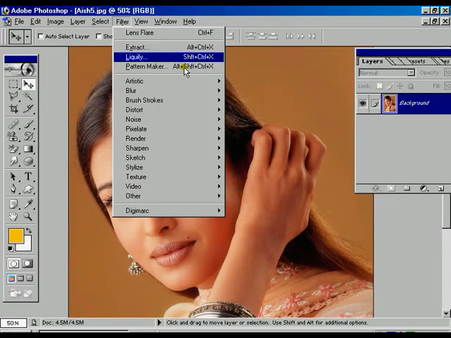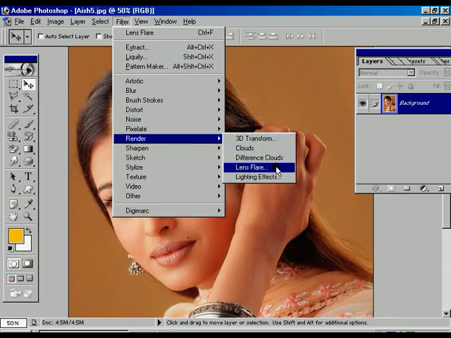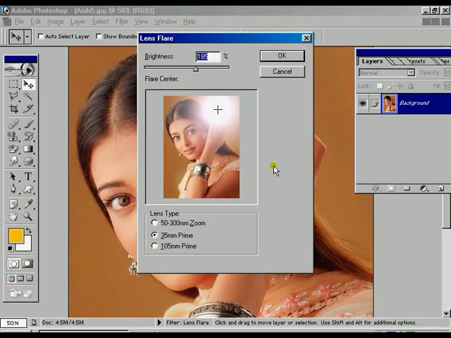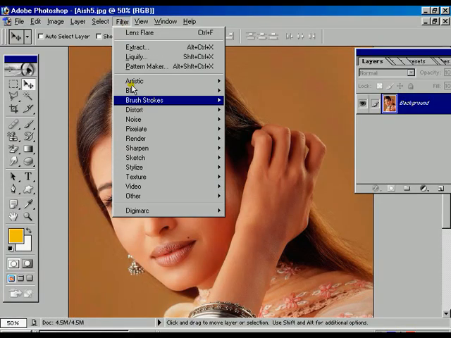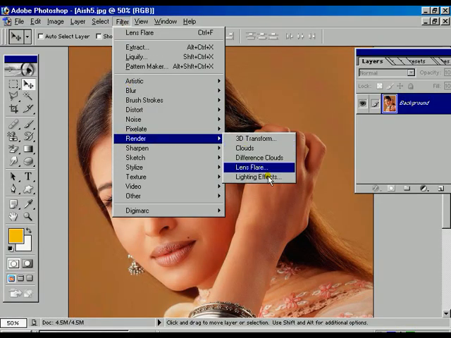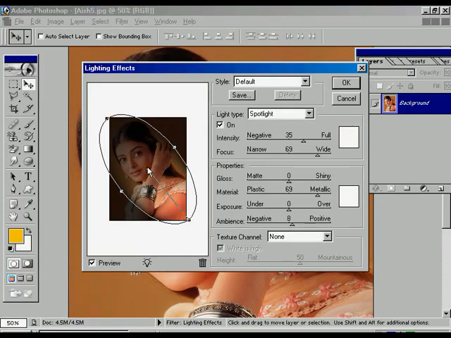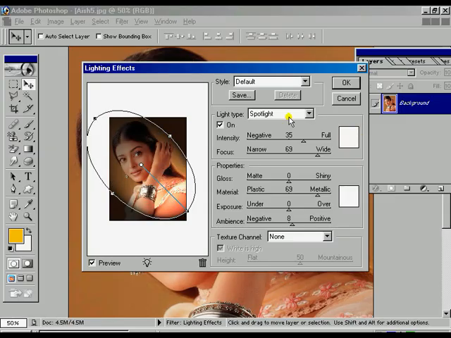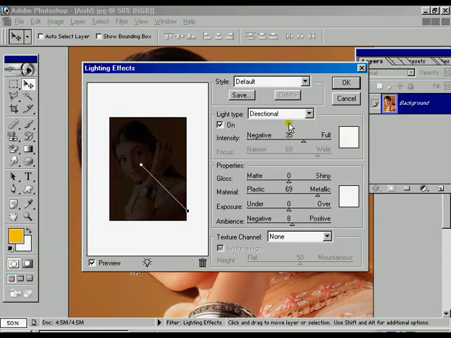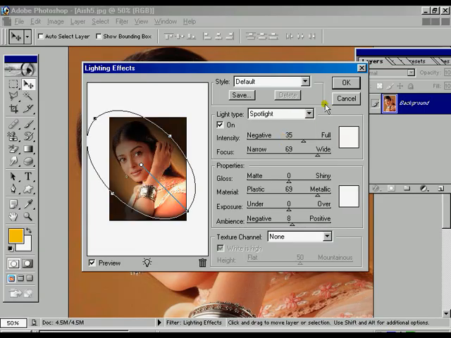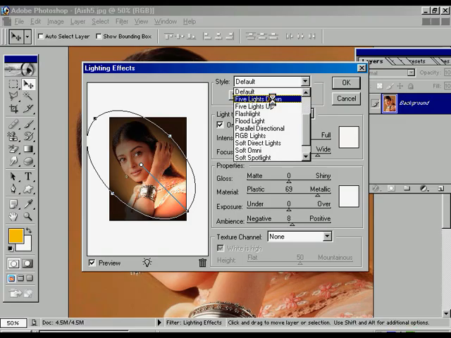Sometimes we see the lens flare like the sun, or we can use the lighting effect. We can increase the radius. We have the different options: spotlight, omni, and directional. We have the default or five lights option,